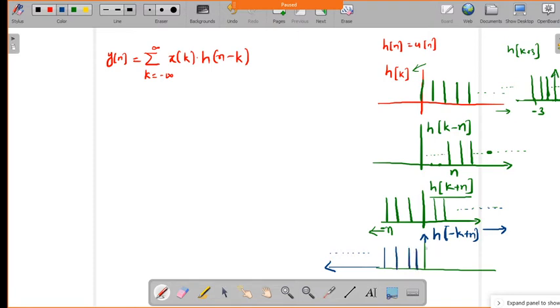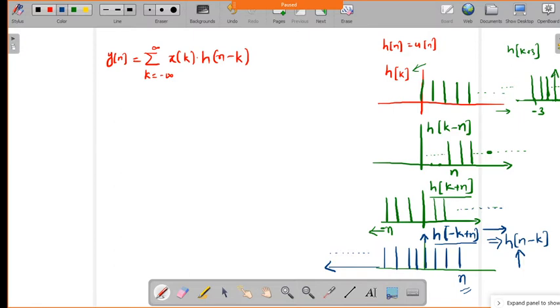Okay, till the value of n it will come. Okay, so this is your h of minus k plus n, that is the reflected signal. This we can write as h of n minus k. Okay, so now if you put n at any value, then a corresponding n value you have to take here. Is this understood? So now this one only we need to use in our convolution sum for an infinite duration.